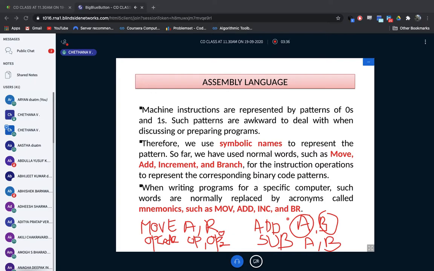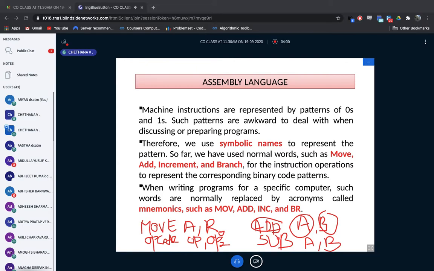So these kinds of opcodes, the complete way we are writing them, this is known as assembly level language coding. This opcode SUB you should write as it is. We can't write subtract completely.